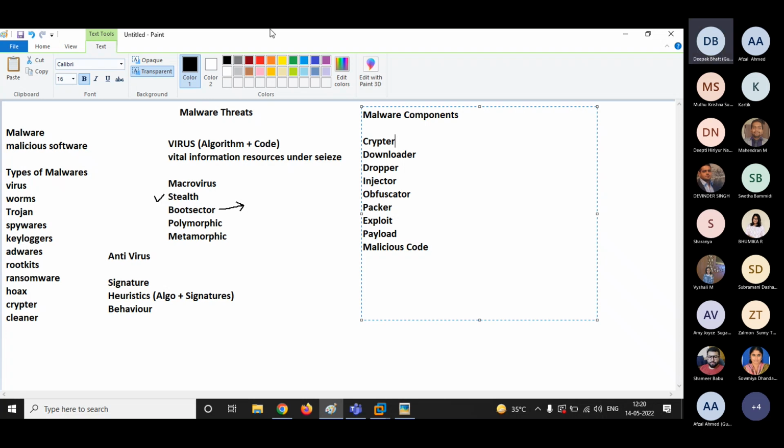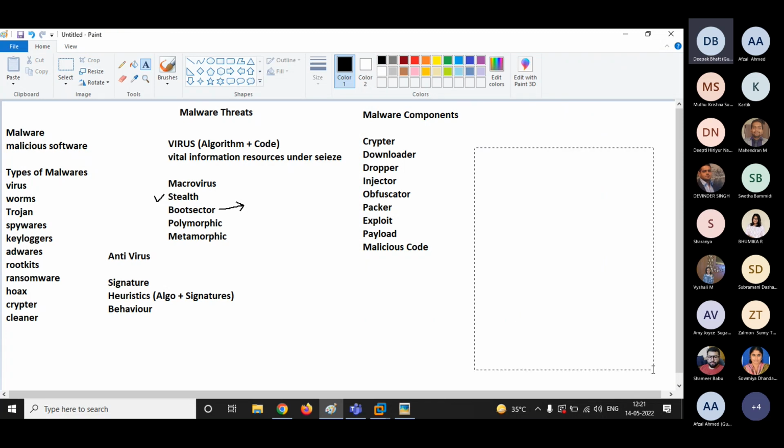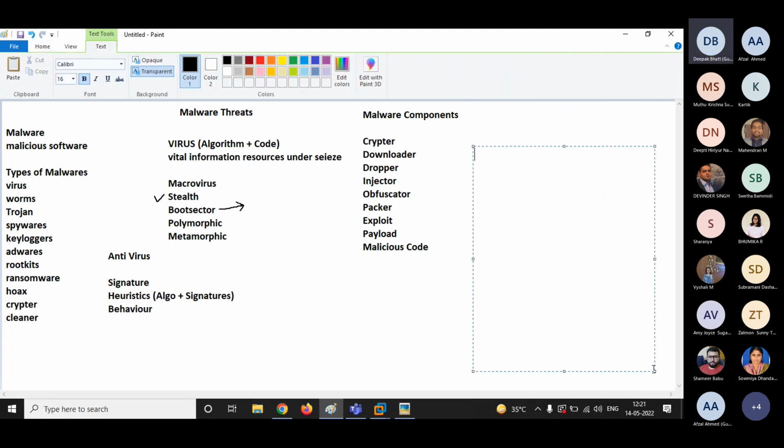Clear? Then we have the next term, malware forensics. What is forensics actually? After any accident or incident, analyzing the situation to get the complete picture of what happened and how it happened.